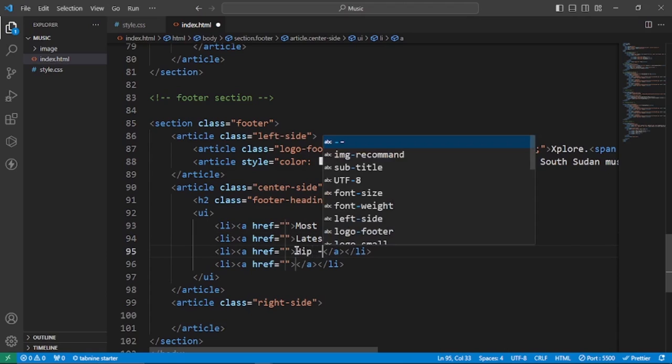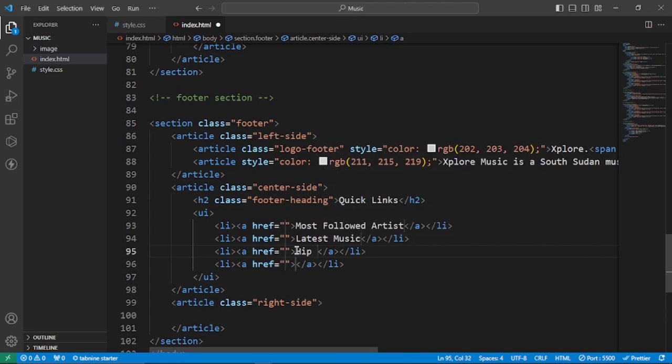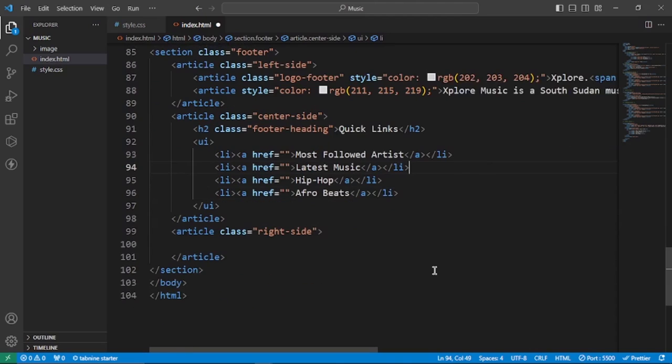Hip hop is my favorite music genre, so I got to put it here. And then after hip hop, I'll go for Afro, because I love Afro beats like this. So this one is completed,